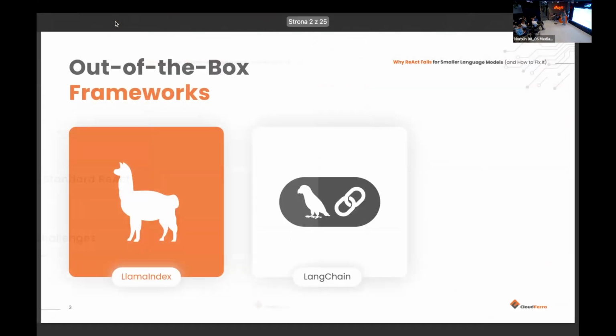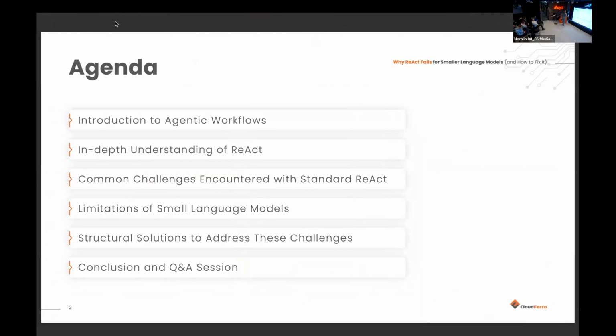Let us start with the agenda for today. I'll start with a short introduction to agentic workflows, what they are, etc. I know that some of you are probably familiar with working with large language models and RAG techniques or agentic workflow techniques, but just to make sure we're all at the same level so we can understand the improvements, we'll speak about that. We'll go through the common challenges encountered with ReAct. ReAct is obviously a technique for implementing agentic workflows. And then I'll address the challenges and how to improve